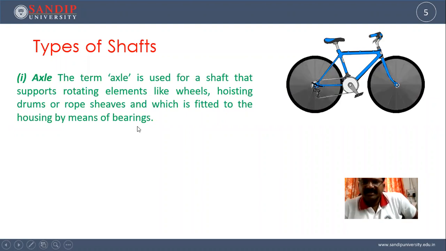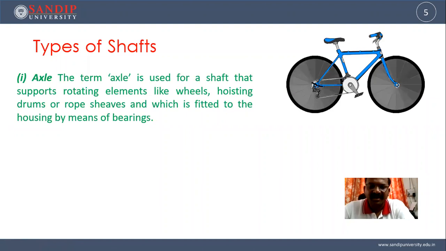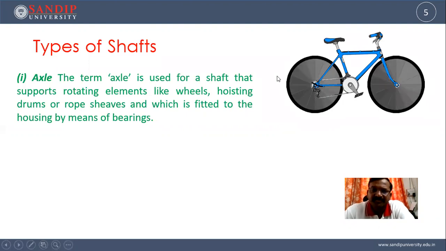So here in a sketch you can see a bicycle, and generally we say the axle of a bicycle. So axle means it is supporting the wheel of the bicycle. The axle may not rotate, it is supporting the rotating element. So it's a type of shaft, generally a short stub shaft, which is